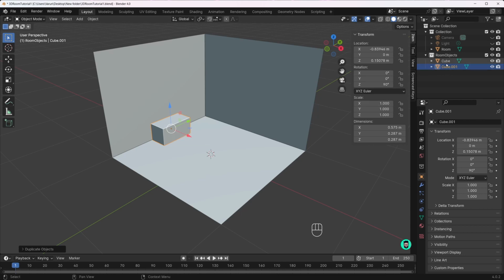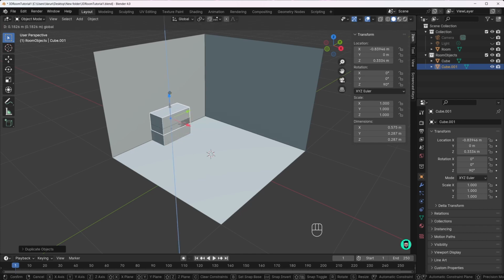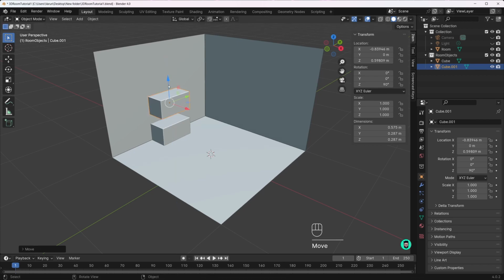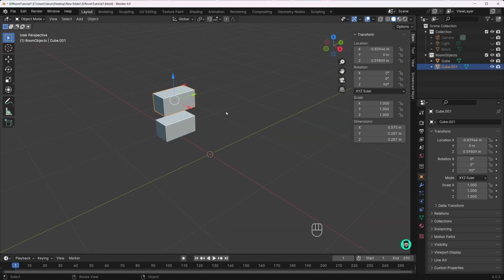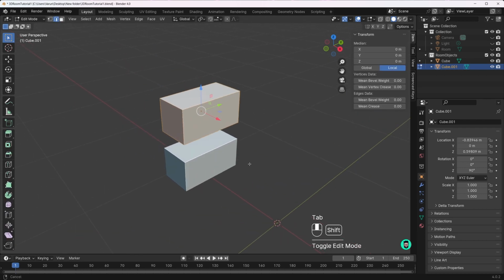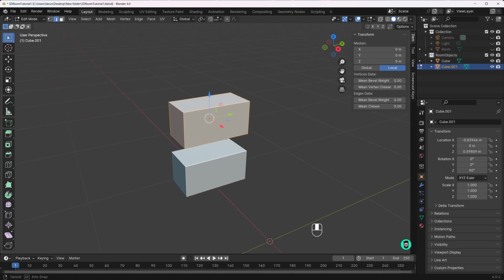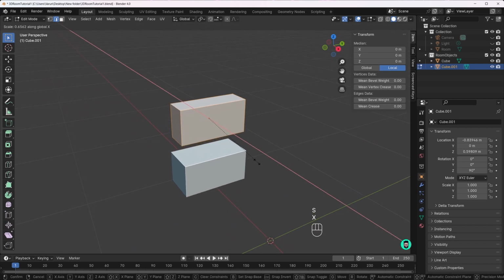So now you will also see that we have a cube and then we have another cube. So while the second cube is selected, I'll click and drag this blue arrow to move it in the Z direction. And to work a little bit easier, I'll just click on the room and hide it. You can hide it from the outliner using this eye button. So now that it is hidden, let's work on our TV unit. So press Tab to go into the edit mode. Let's zoom it in a little, and then press S and X to scale it in the X direction,